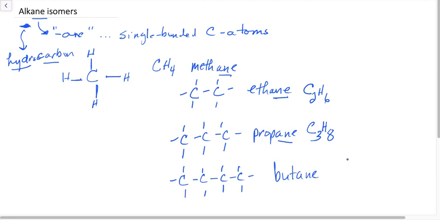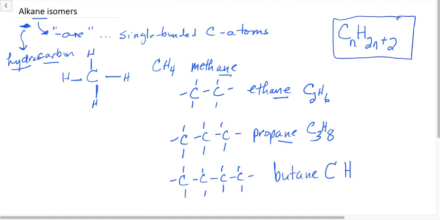So if we were to look at a pattern here, you can see how there's 1, 2, 3, 4, and then there's 2, 4, 6, 8. Well, 8 is basically 4 times 2. So if we think of the ratio of carbon and hydrogen atoms, for every 1 carbon there seems to be 2 hydrogen. And we notice that we have a hydrogen here on the end and a hydrogen here on the end. So that means we have 2 more hydrogens. And this pattern right here, this mathematical